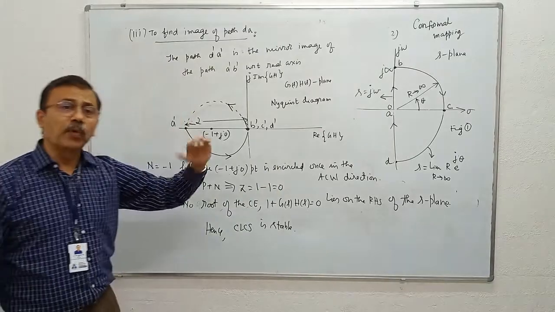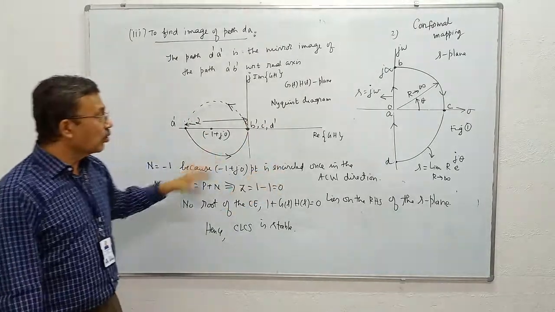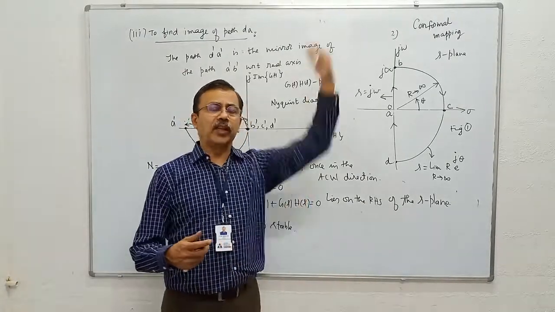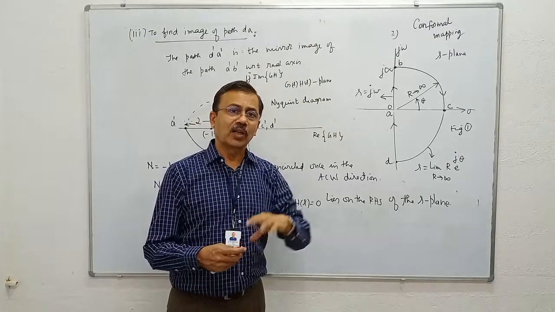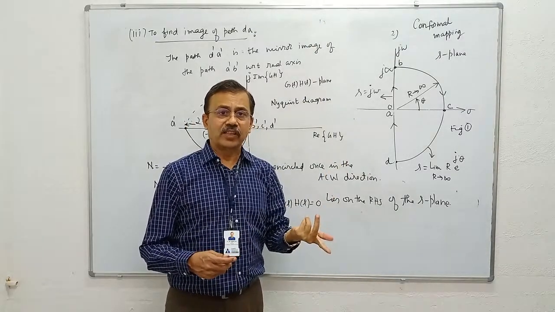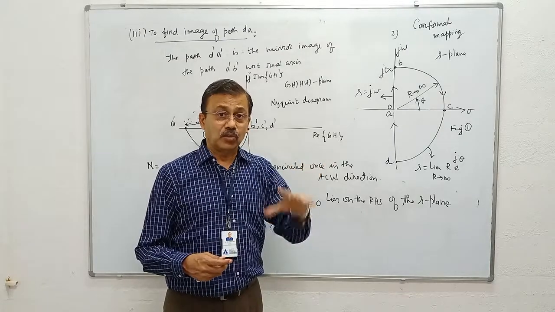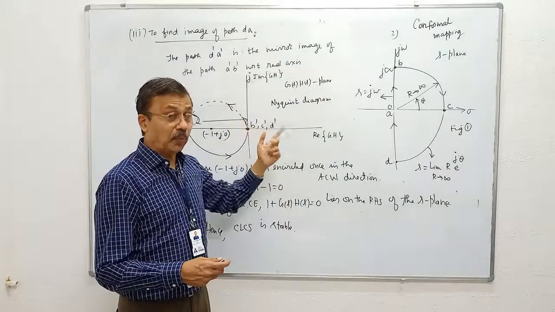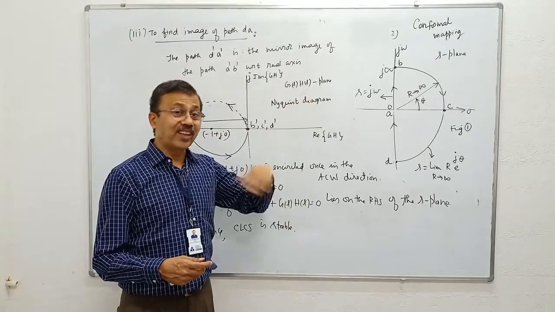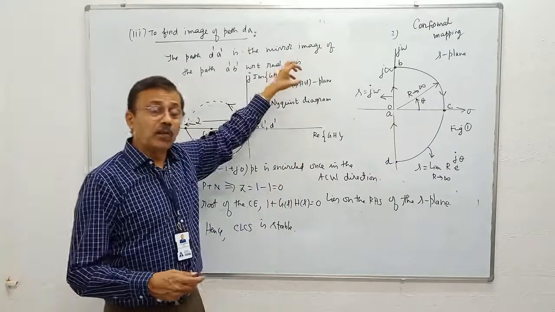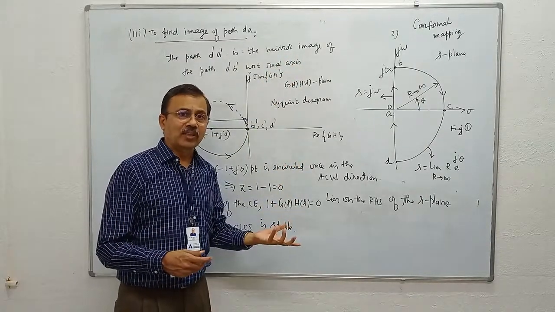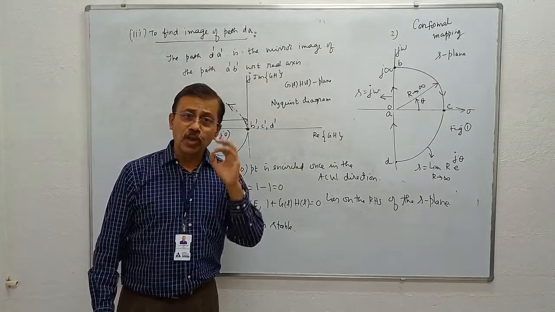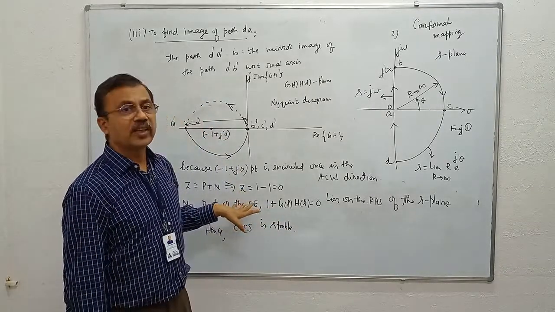In this example, open loop system was unstable and closed loop system is stable. There is no hard and fast rule that if it is stable in the open loop, it has to be stable in the closed loop. Converse also we can check. Open loop unstable, closed loop stable. In the previous problem, open loop stable, closed loop stable. Next class I will do a problem in which open loop is stable, closed loop is unstable. Anything is possible, but keep in mind, Nyquist stability criterion is used only for investigating closed loop stability. Thank you.